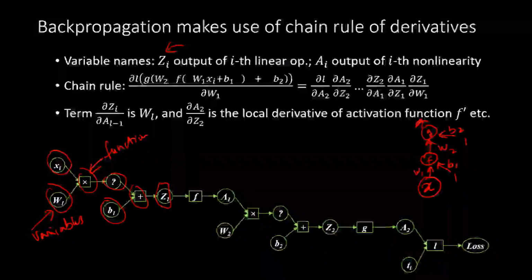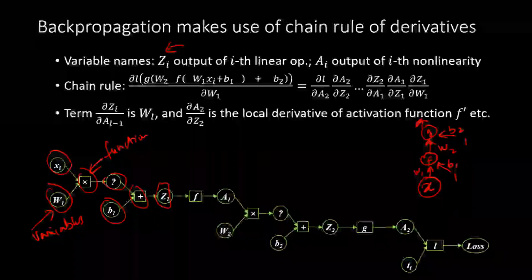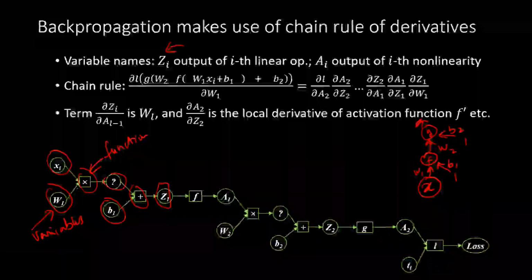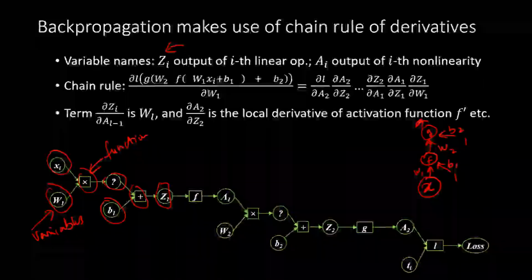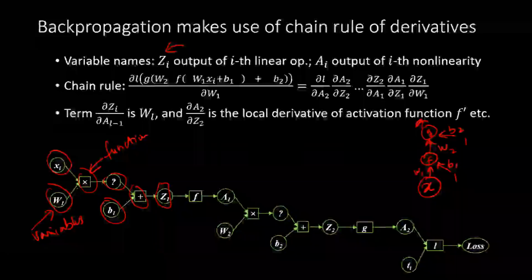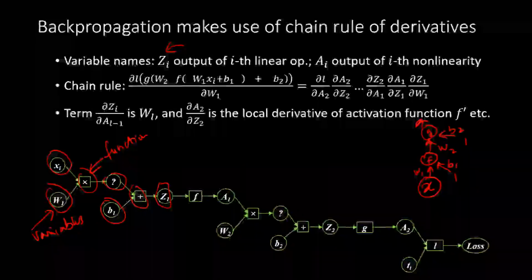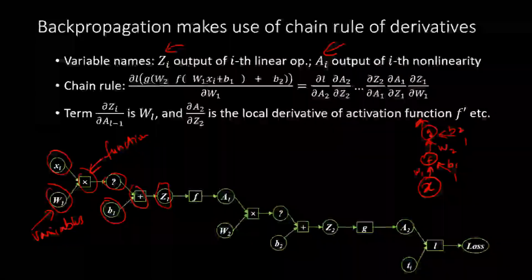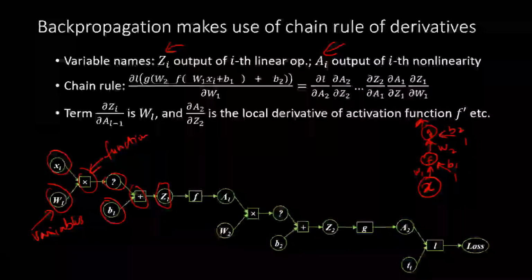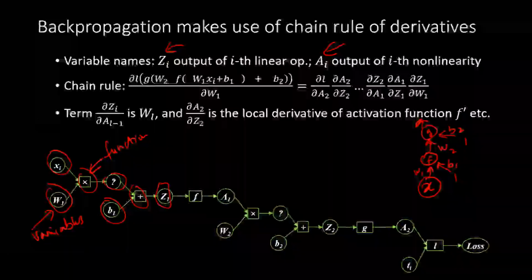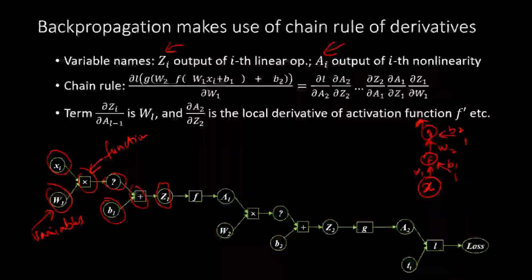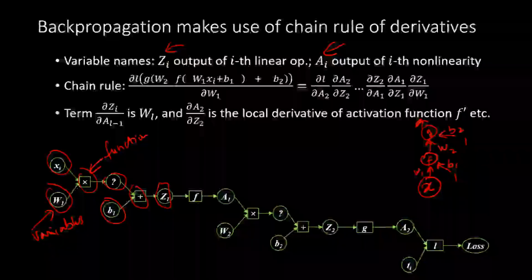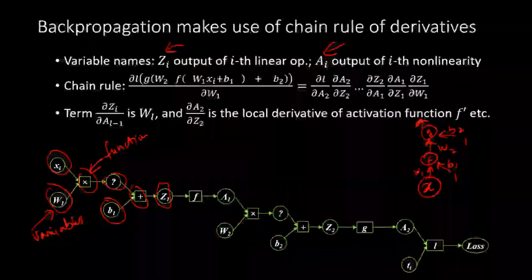I is the layer index, so z1, z2, z3 for layer 1, layer 2, layer 3, etc. And then once that z goes into the nonlinearity, which could be a sigmoid or a ReLU or a tanh, the output of that nonlinearity, we will call that A_i. So A1, A2, A3. Okay. Because this is a two-layer neural network, we don't count the input layer, we just count the hidden layer and the output layer. We will have Z1 and Z2, and we will have A1 and A2.